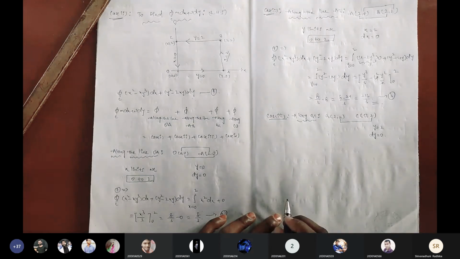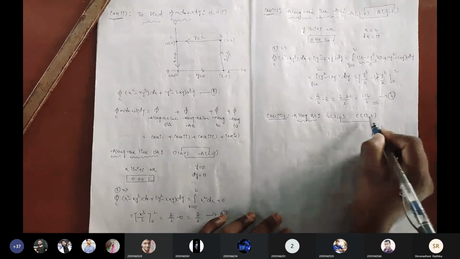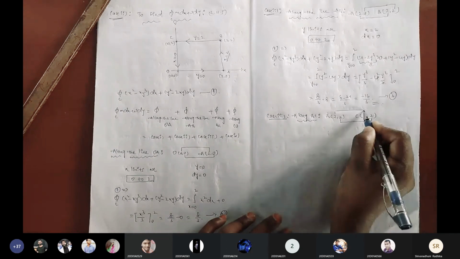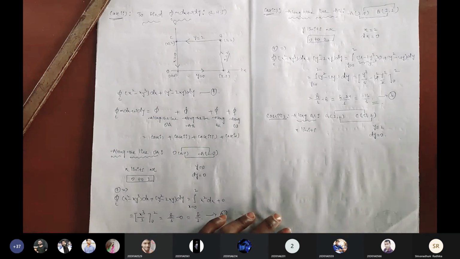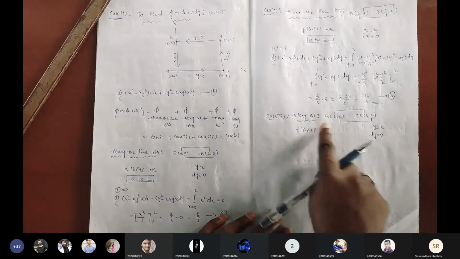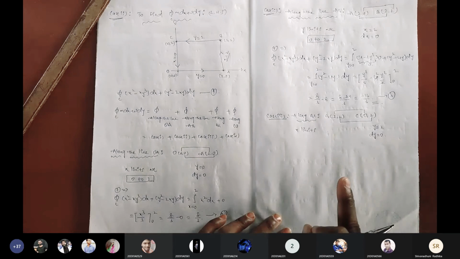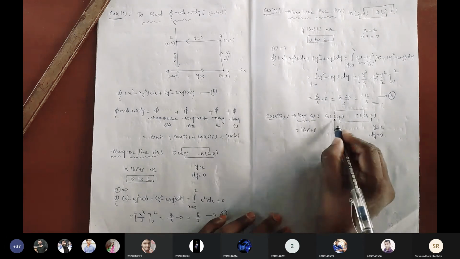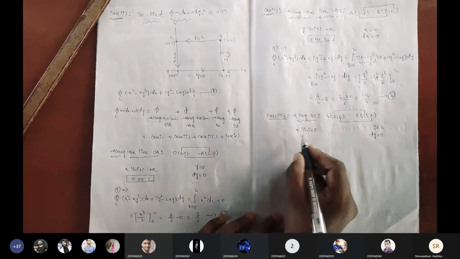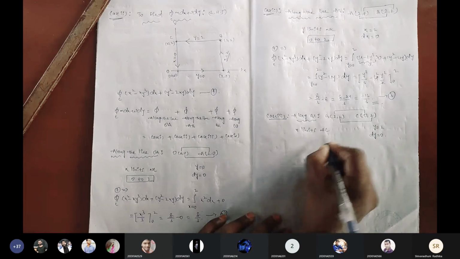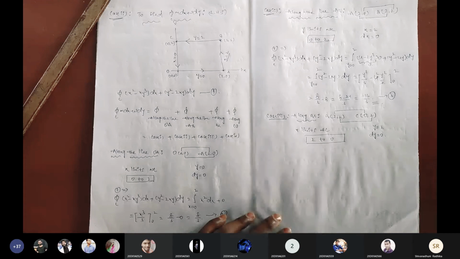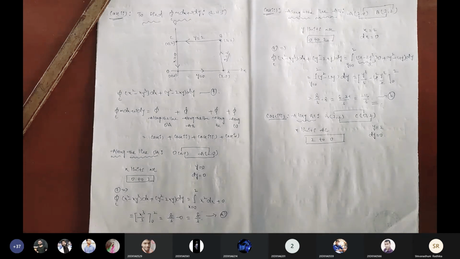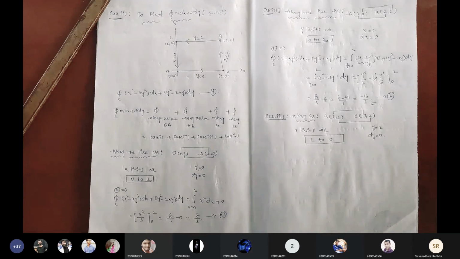Which variable has different limits? x is 2 and x is also 0. These are the limits. Now the x limits, as it is, you have to write from B to C, not C to B. B is the lower limit and C is the upper limit 0. It is clear? Now the x limits are 2 to 0. Don't write like 0 to 2. The particle is moving from B to C, so that is what we are going to write.